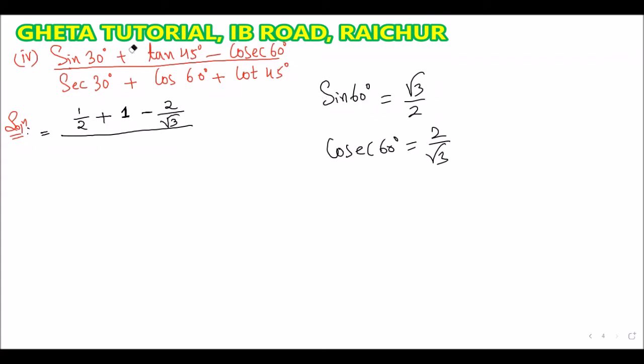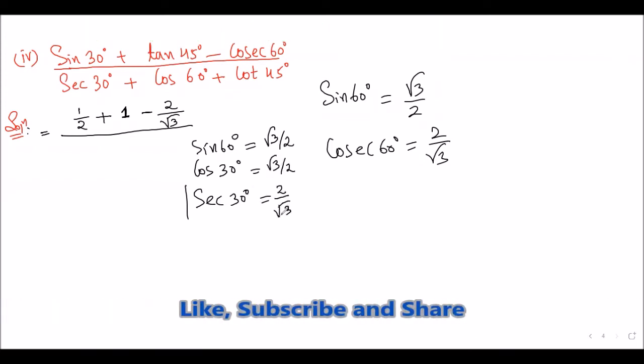Okay. Next, similarly, you have to go for secant 30. If you want to find the value of secant 30, you must know the value of cos 30. And to find cos 30, you must know the value of sine 60, which is root 3 by 2. So cos 30 is also root 3 by 2. So for secant 30 you take the reciprocal, which is 2 by root 3. So here is 2 divided by root 3 plus